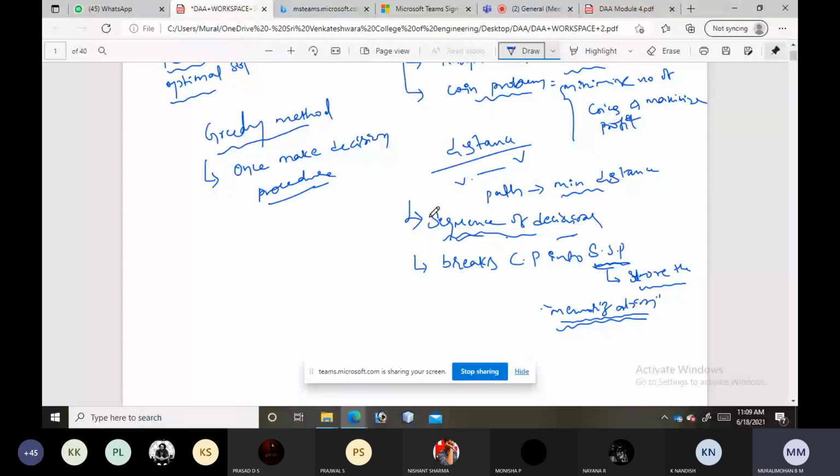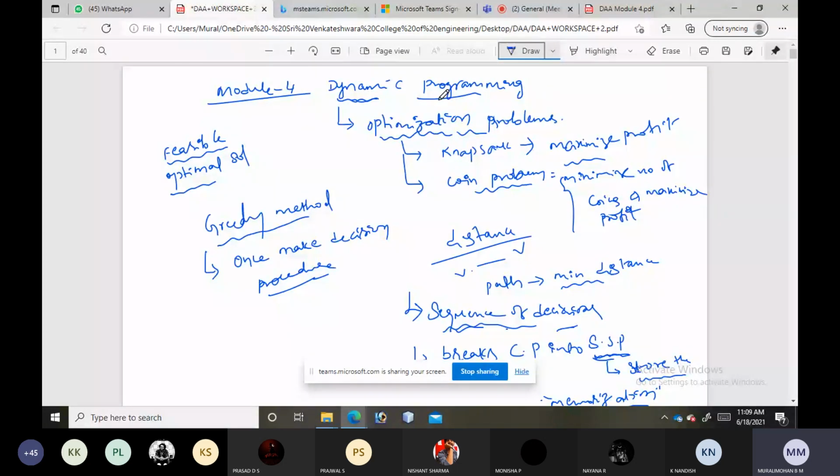Please remember, dynamic programming is used to solve optimization problems. For example, in an abstract problem, optimization means we should maximize the profit. Next, in a coin change problem, we should use the minimum number of coins, whereas the profit we are getting should be maximum. Similarly, if we calculate the shortest distance between vertices, the problem is of type minimization. We should find the minimum distance. So these are the various optimization problems we have.